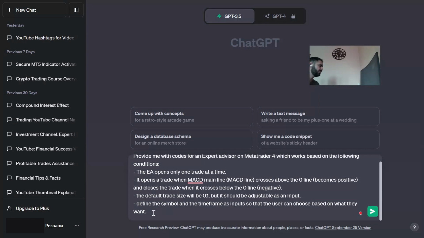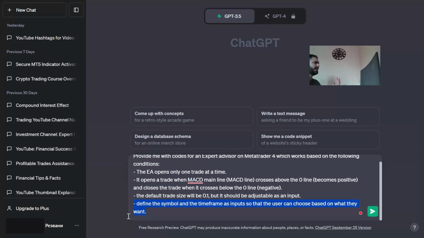But I'm going to delete this one because we would have some problems with backtesting our strategy, and another problem is that once we play, it won't work until we enter the input,